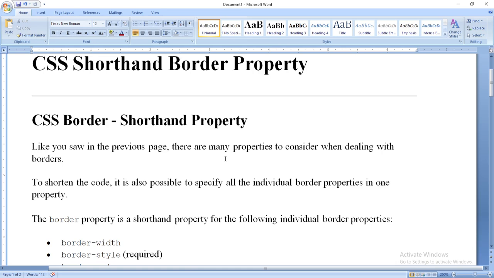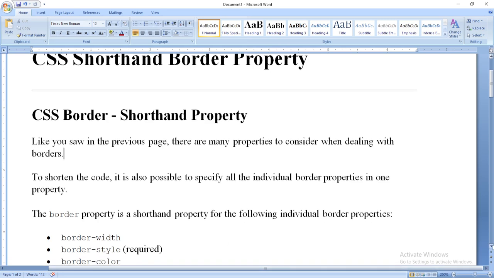To shorten the code, it is also possible to specify all the individual border properties in one property. The border property is a shorthand property for the following individual border properties. As you can see, we have border width, border style, and the border color property, which we have discussed